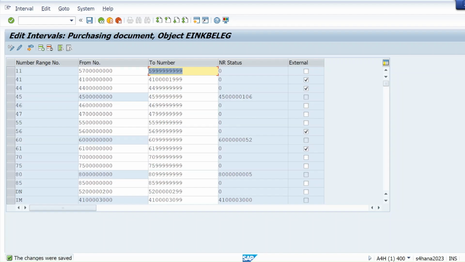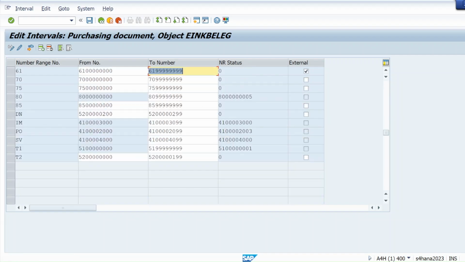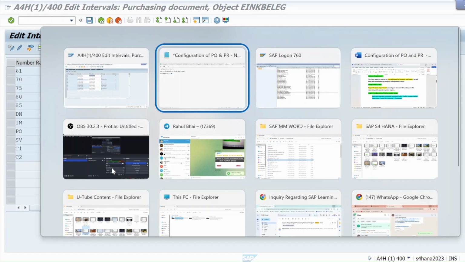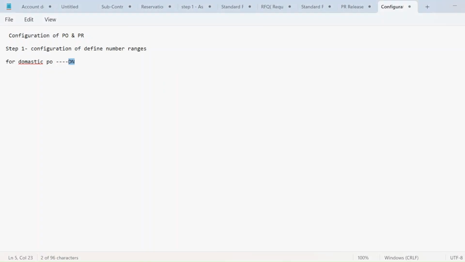Same like that I will create for import procurement. This is for domestic, and for import procurement, for the import PO, let me take the number range as IN.